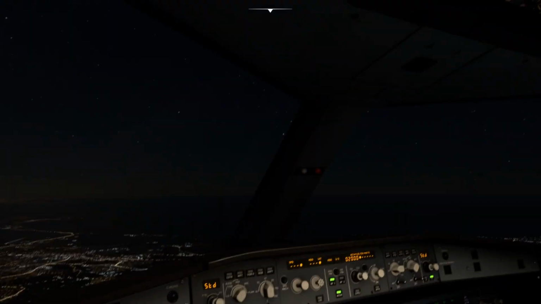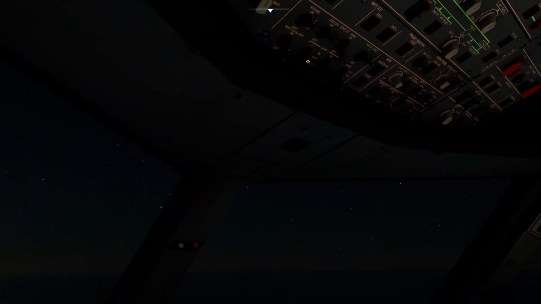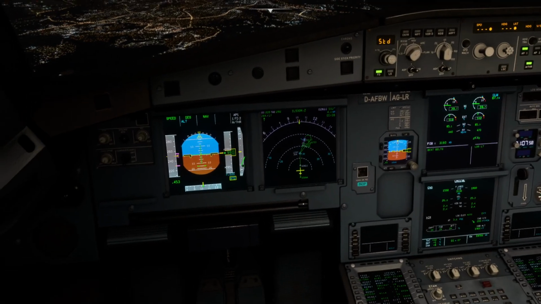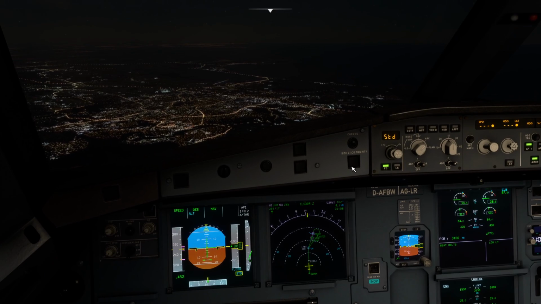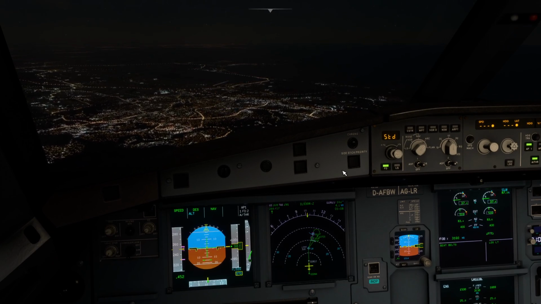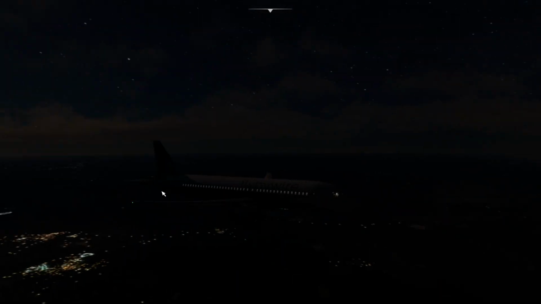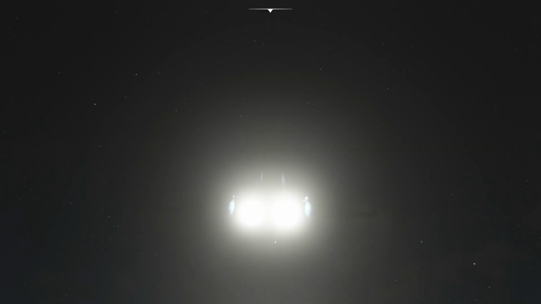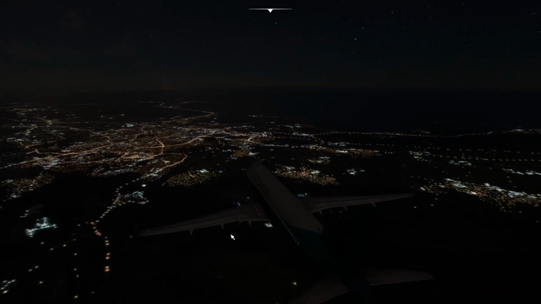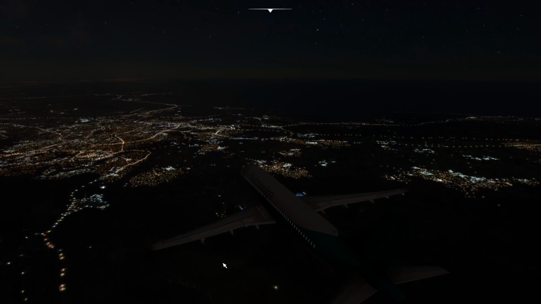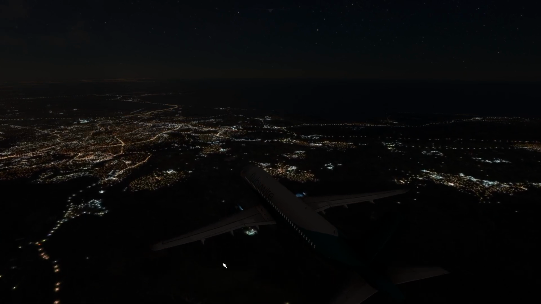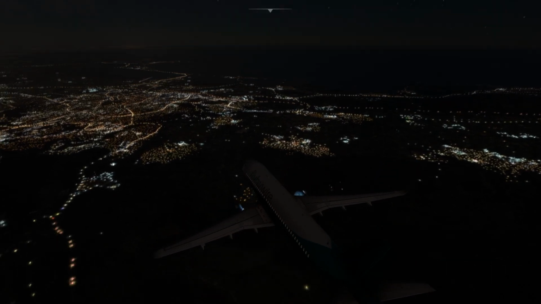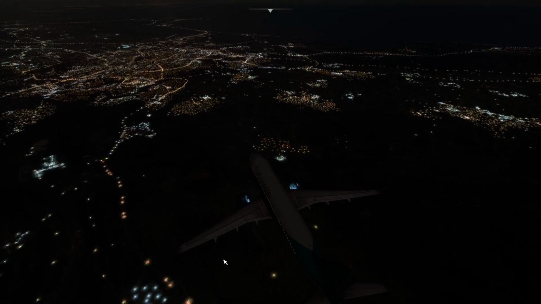We're coming through 10,000 feet, so we're going to put the landing lights on. Check outside. See, we are lighting the way ahead of us very, very brightly. There's no mist in the air though, so we're not going to see them in front of us very easily. Nice just to see us come in over the